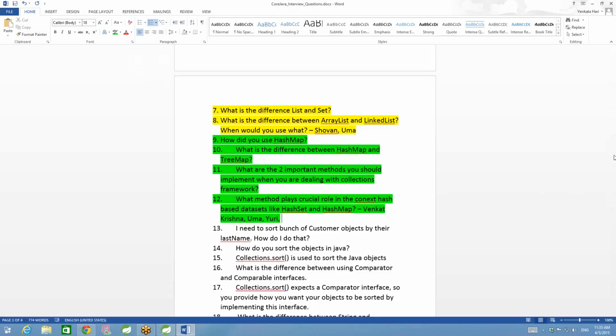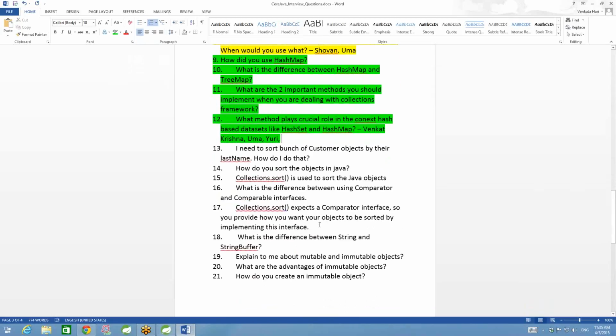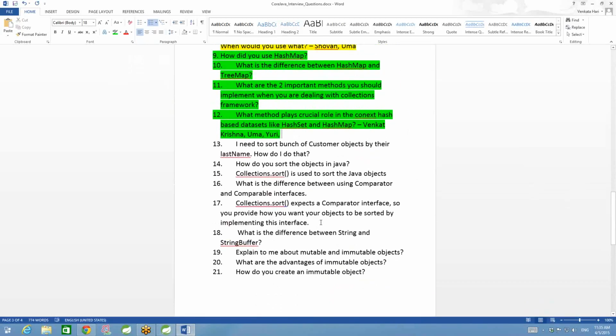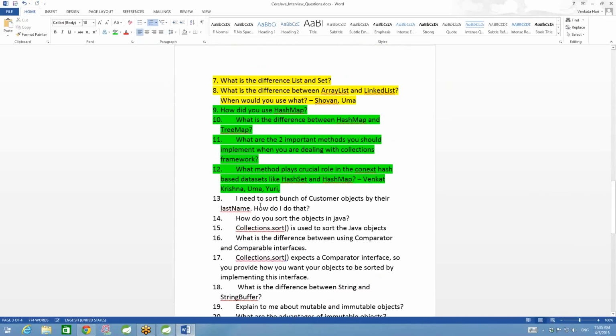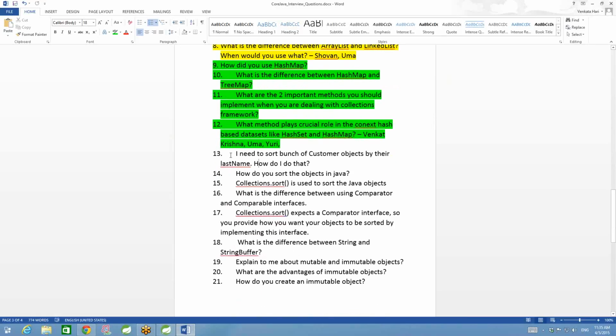Because I want to be able to cover everybody. You okay? But somehow you all have to be covered in all of these questions, okay? And I need to sort both customer objects by their last name. How do I do that? How do I sort objects in Java? Collections dot. What is the difference between